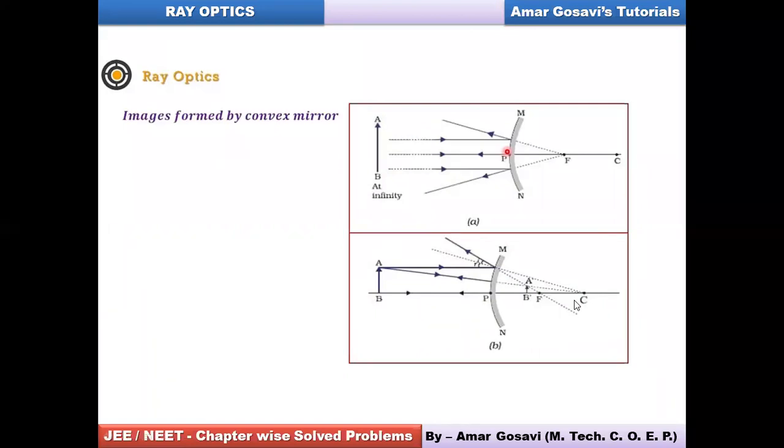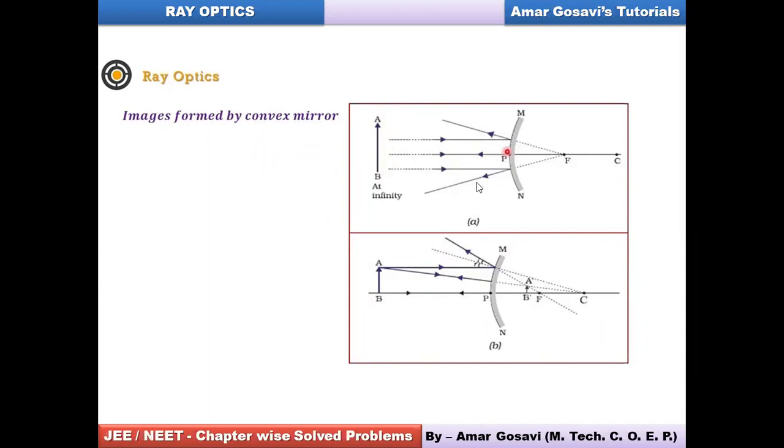The first diagram, if you see, the object AB is at infinity, and obviously the rays originating out of it would be the parallel rays which are shown in the diagram. Now, how they get reflected? Say, for example, the central ray, if you observe, it will get reflected from the pole of the mirror and it will straight away go back. Whereas, as the curvature effect comes into picture, the upper ray you can see, it gets reflected and it appears to get diverged from this point. You can see you extend it backward to focus.